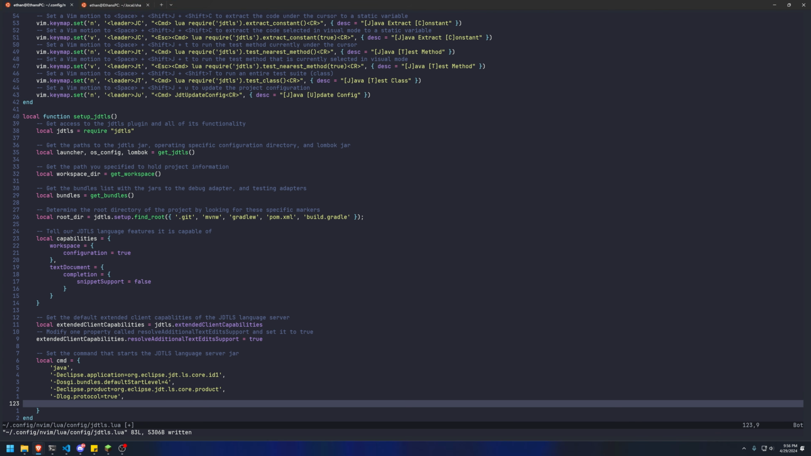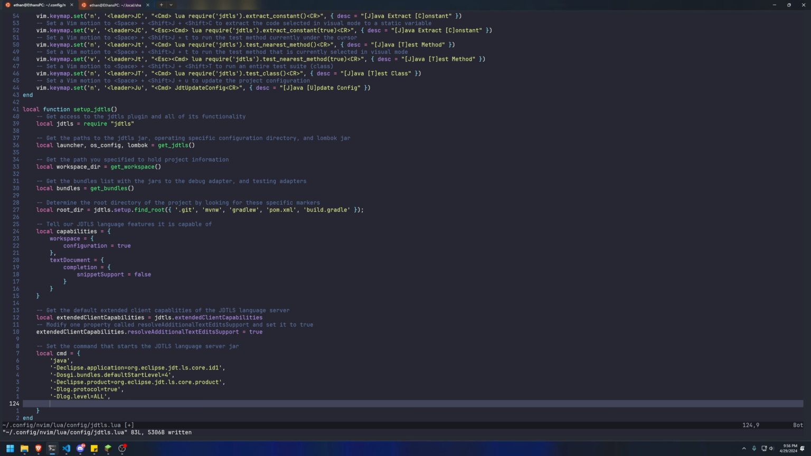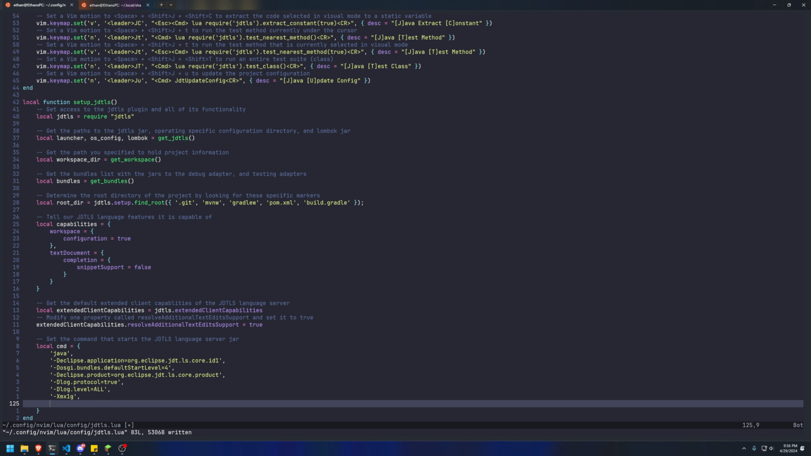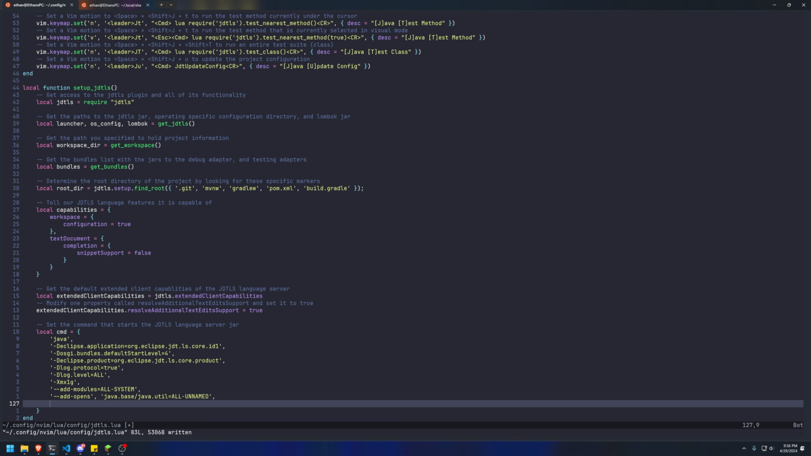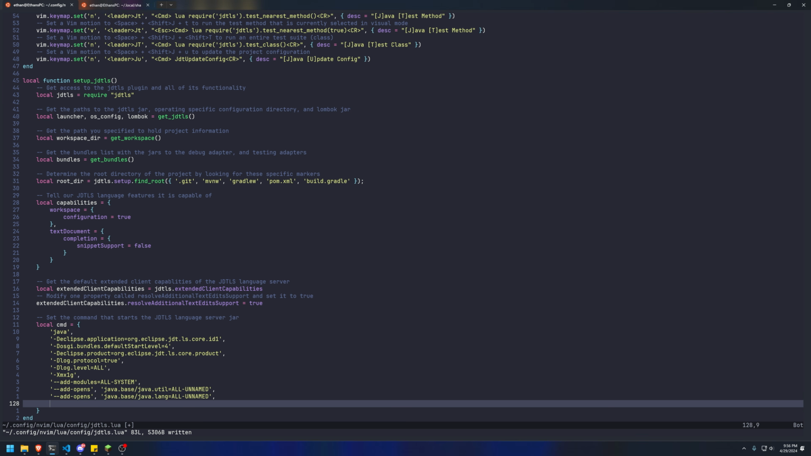We're going to set the log level to all. We're going to set the memory to 1 gig for the JVM. We're going to add modules, all system modules. We're going to go ahead and add open Java base util, all unnamed. We're going to add opens for Java base lang, all unnamed. And we're going to go ahead and add the Java